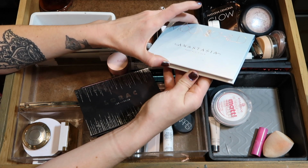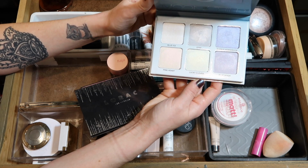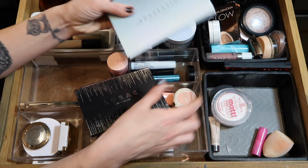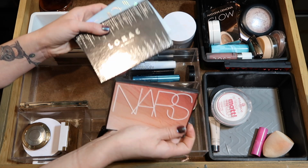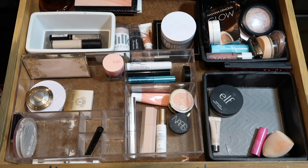And then my ABH Moonchild, I also did not reach for at all. I just kind of forgot about it. So we will keep this in rotation as well. I should be good on face palettes, so I shouldn't have to shop my stash for any face palettes this round. All right, now that we have made it through the entire drawer, oh, I forgot to mention,